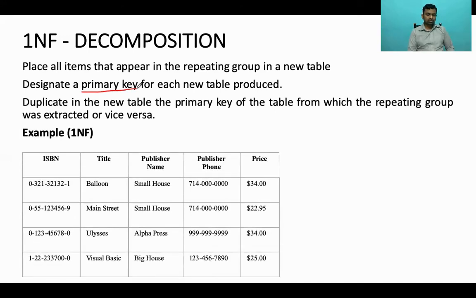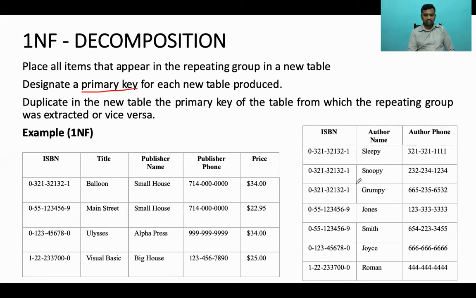When I say normalization, I'm dividing the table into two. How was the table before? The table had ISBN, title, publisher name, phone number, author name, everything. Author, phone number, everything was there. Now what I'm doing is dividing the table into two, and here you can see,